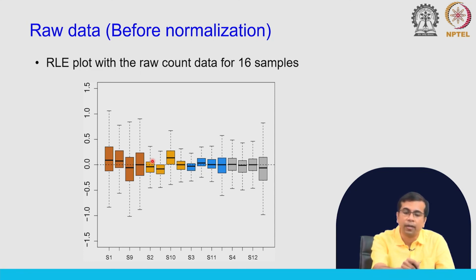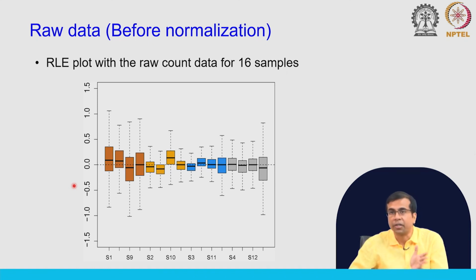So, you can ignore the y axis for now, because this is a transformed axis. Raw count cannot be negative, so this is a transformed one, but we will use the same scale for all the plots that I show you. Now, once we do the normalization,